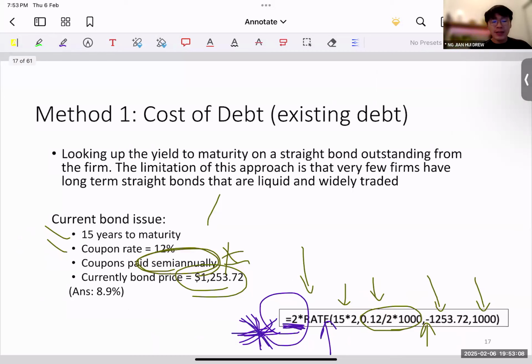Because it's existing, we already have the debt profile, we have the price, and everything's there. But also, I just want to highlight that debt can be a bit tricky. Remember, when you issue a debt, the number of years to maturity decreases over time. So please be very careful, because then your current bond price changes as well. It's no longer the original rate. You need to determine the current bond price, and then calculate the rate. So just be very careful, because when you look at the debt profile of a large company, it can be a bit complicated.